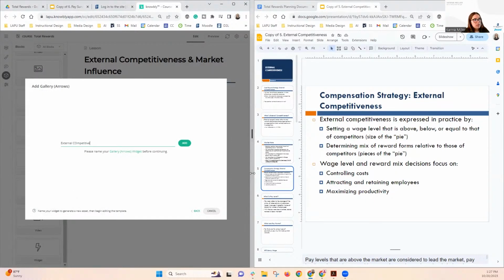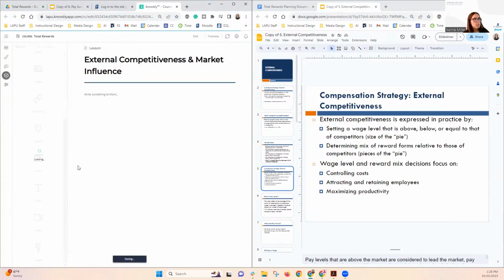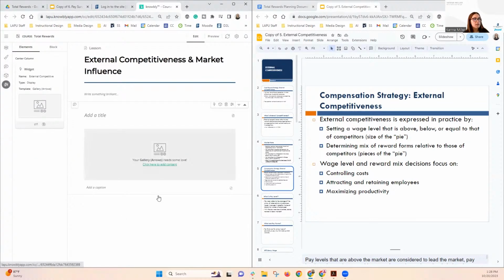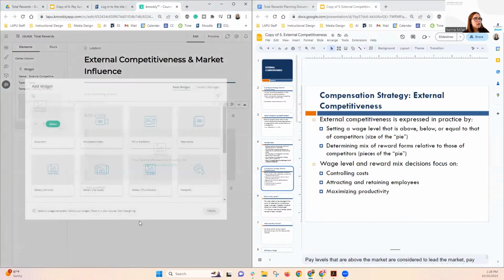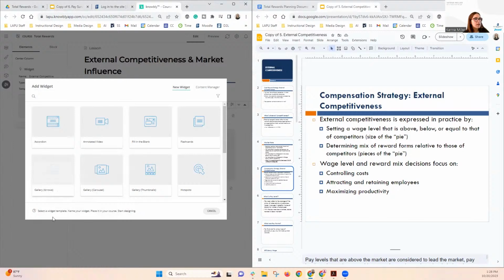The difference between the galleries offered on Nobly is how they show up once you actually have content in there. There are three types that Nobly has. There's a gallery with arrows, which is the one I chose, and it will have one image and then text under it, almost like a caption, but you can put a really good amount of text under it. The next is the carousel gallery, and it's the same type of thing, but the arrows are,